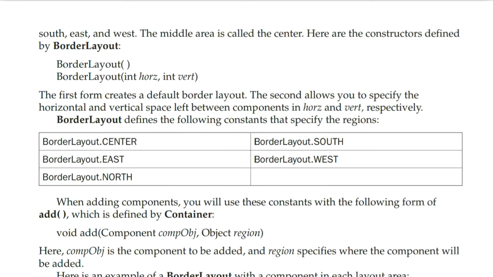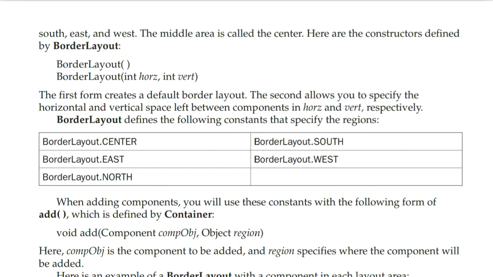Here are the constructors defined by BorderLayout: BorderLayout() and BorderLayout(int HORZ, int VERT). The first form creates a default border layout. The second allows you to specify the horizontal and vertical space left between the components in HORZ and VERT respectively.